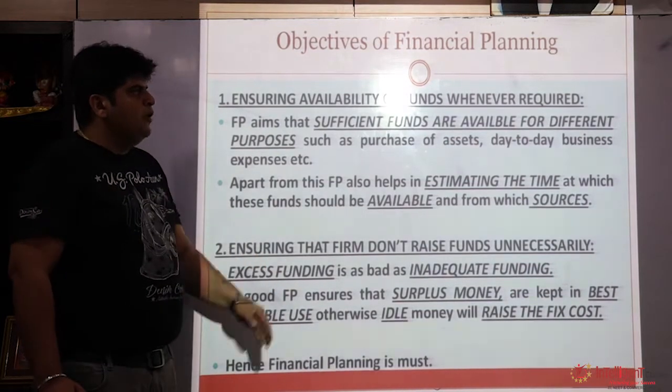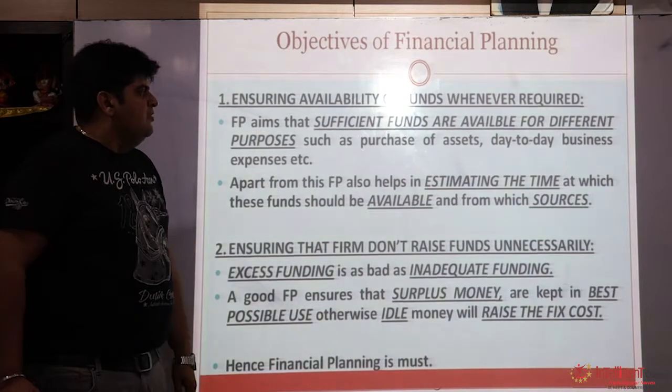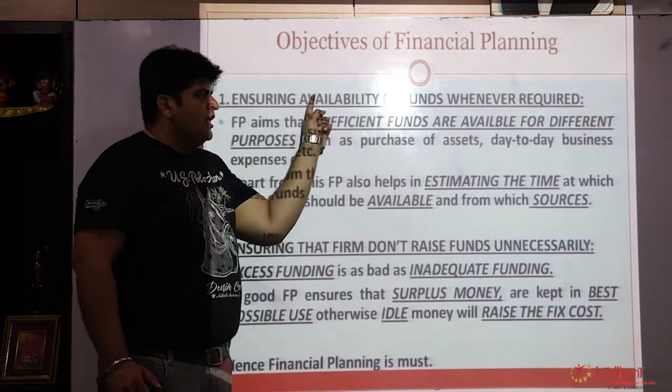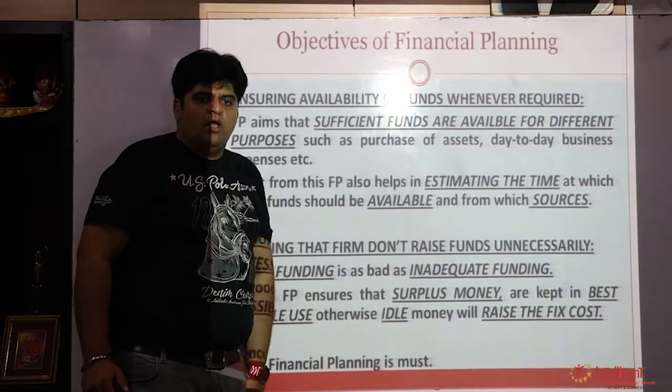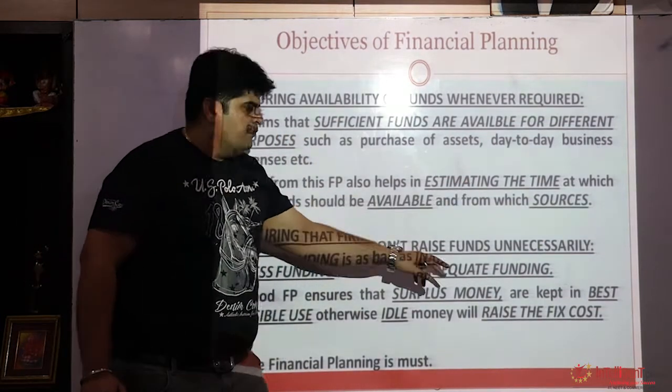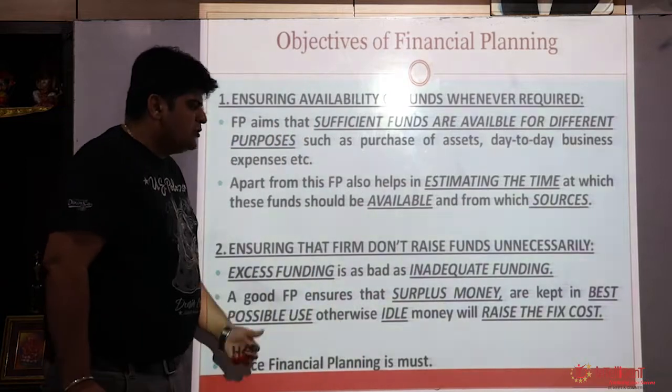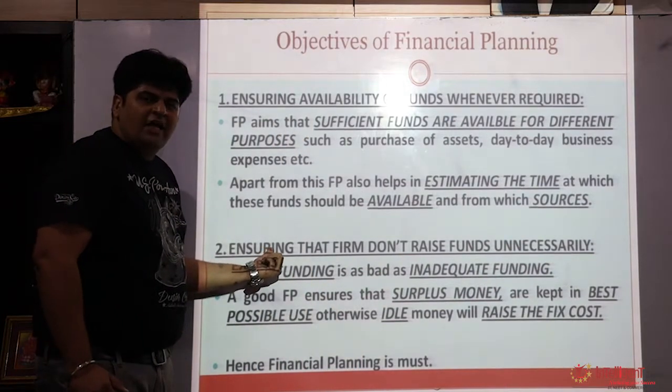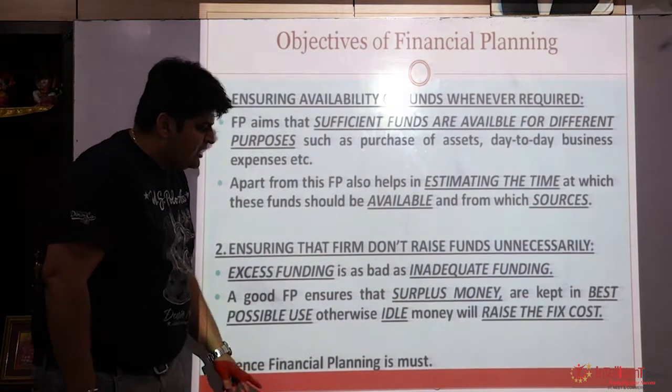So what do we learn from this objective of financial planning? Financial planning ensures availability of funds whenever required. That means we need to have right quantity of fund at right time from a possible source, and we also have to ensure that firms are not having excess finance, because excess finance always